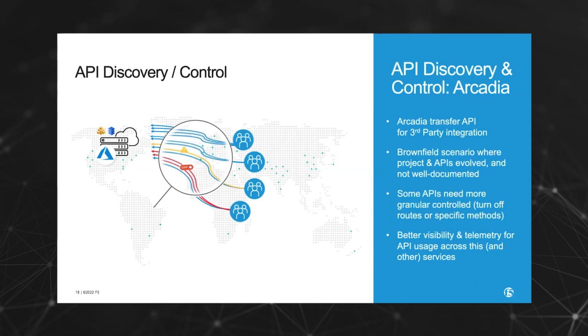API specs may be outdated, may not be in Swagger format. The question is, how do you then find out what your APIs are and how they're being used? And this is where F5 Cloud Services